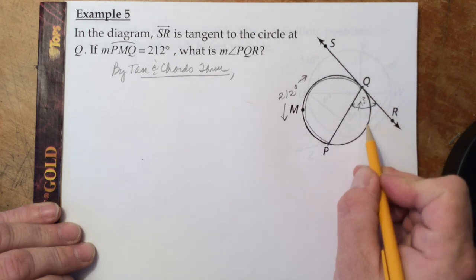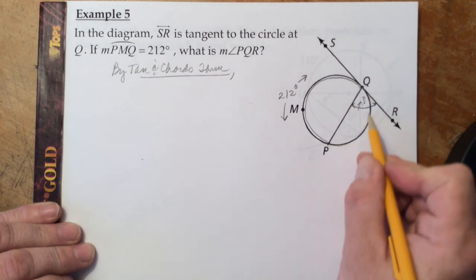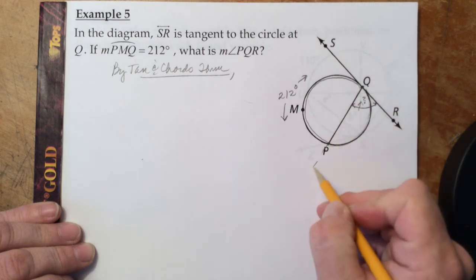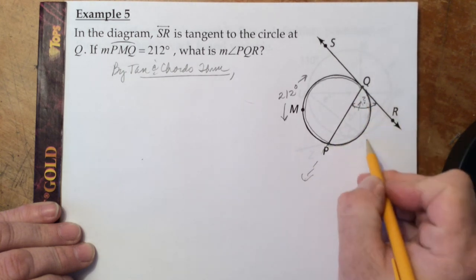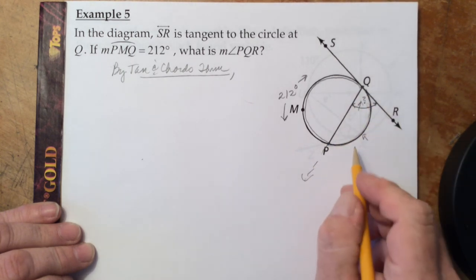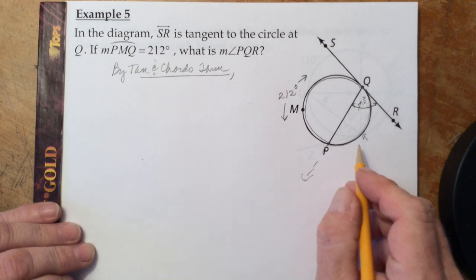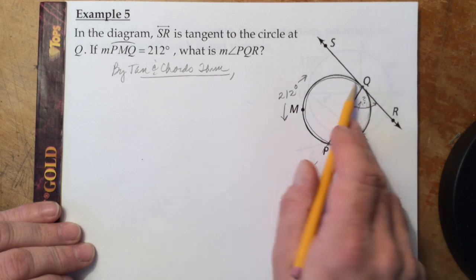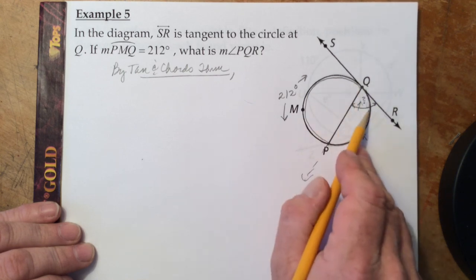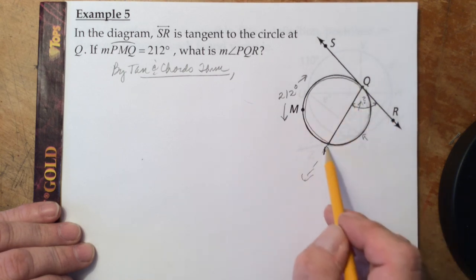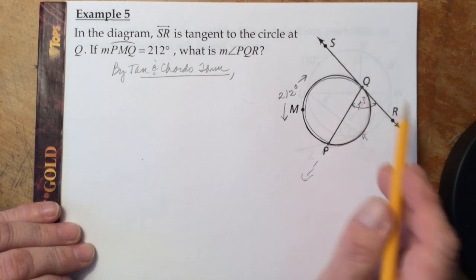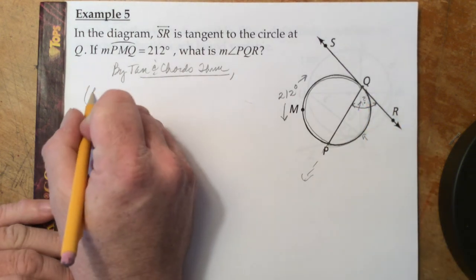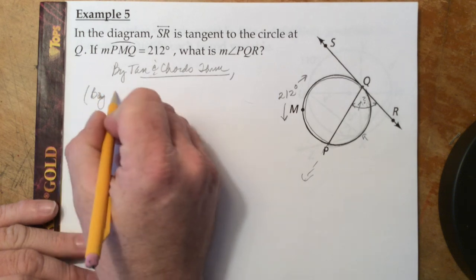the measure of this arc right here, arc PQ, because this is the arc that this angle intercepts, right here. And so there's a couple of ways you can do this. One way is you can just use this one and then use supplementary angles to find this one. Or you can go ahead and find this arc first, which is what I'm going to do. So before we use this, by arc addition